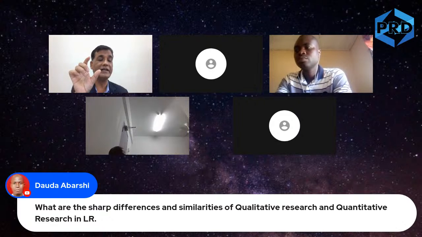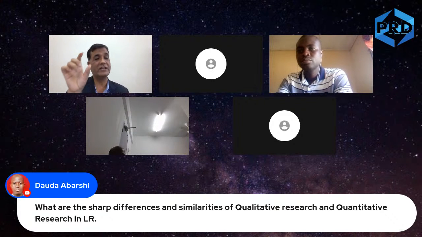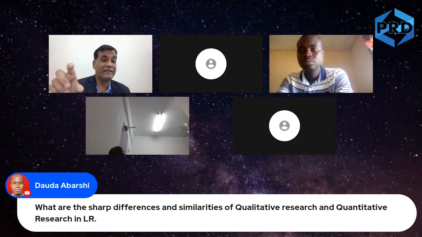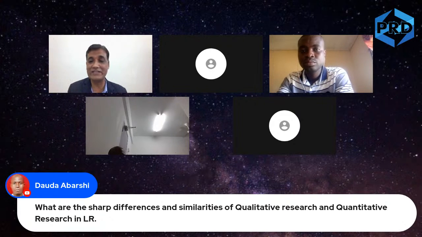Later, your data analysis is shorter, and even the discussion could be shorter compared to a qualitative study. In a qualitative study, the literature review could be shorter, but later the results and discussion chapter could be longer. All right, that's the difference between qualitative and quantitative study.